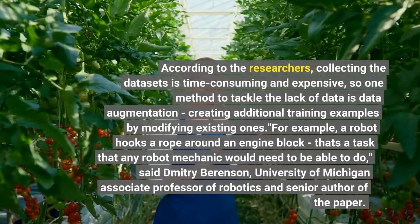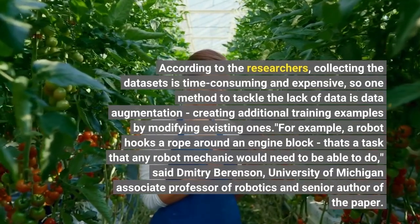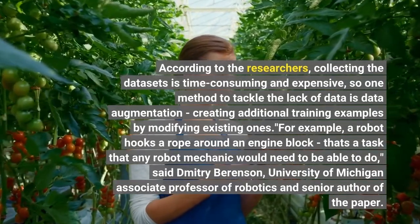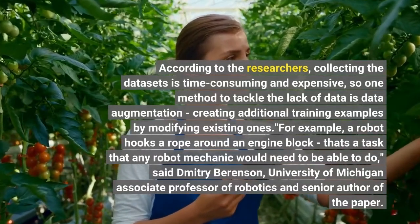According to the researchers, collecting the datasets is time-consuming and expensive, so one method to tackle the lack of data is data augmentation, creating additional training examples by modifying existing ones. For example, a robot hooks a rope around an engine block. That's a task that any R